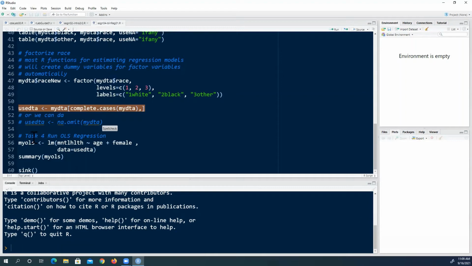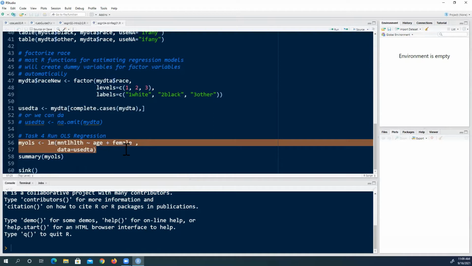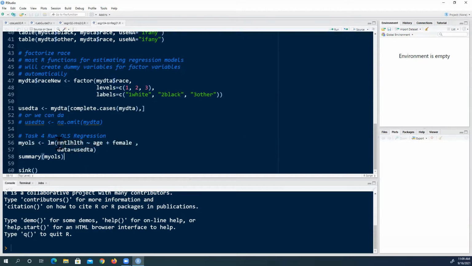Next step is to run OLS regression. In this case, I use OLS regression as an example. You can apply the same logic in other types of regression analysis. So in this case, what I'm going to do is run a regression of this continuous variable,